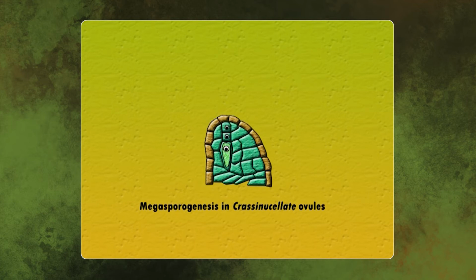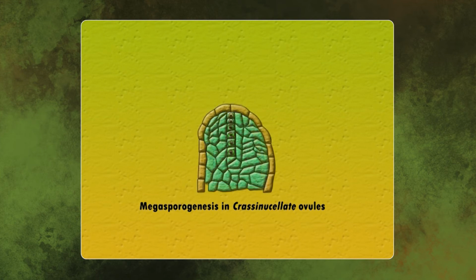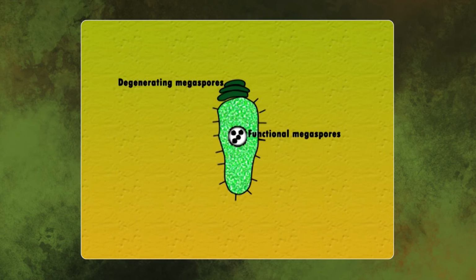However, multicellular archesporium is a family character of the Loranthaceae. Megaspore mother cell undergoes meiosis to form 4 haploid megaspores, which are arranged in a linear tetrad. Occasionally, T-shaped or inverted T-shaped tetrads are also formed. When both the meiotic divisions are followed by wall formation, only one of the 4 megaspores functions and forms female gametophyte, and the other 3 megaspores degenerate.